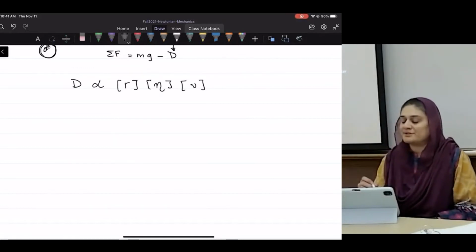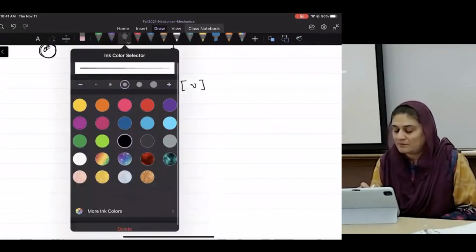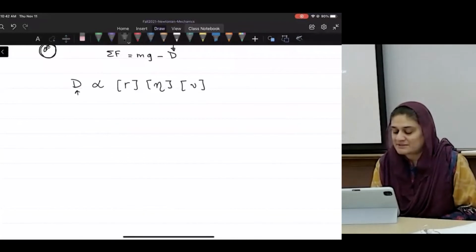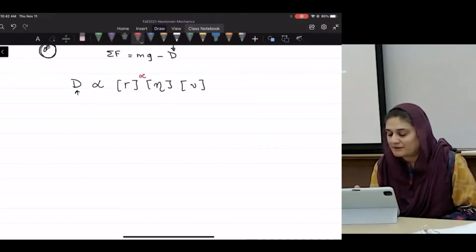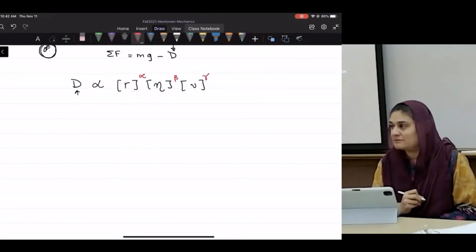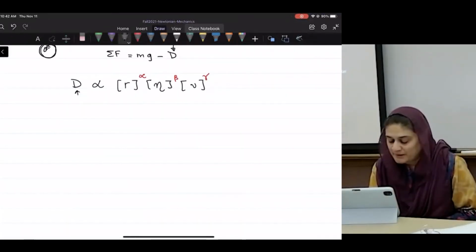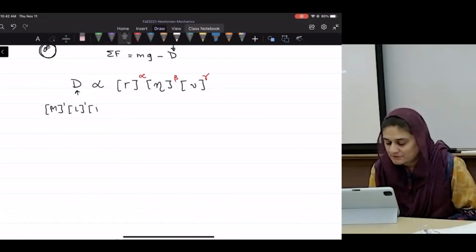Okay, how do we do dimensional analysis then? What will be on this side? This is a force. It will be newtons. Dimensionally, how do we write that? I'm going to write alpha, beta, gamma. What will be the dimensions of the drag? Okay, mass to the 1. What else? Length to the 1. Thank you. Times T to the minus 2. Proportional to